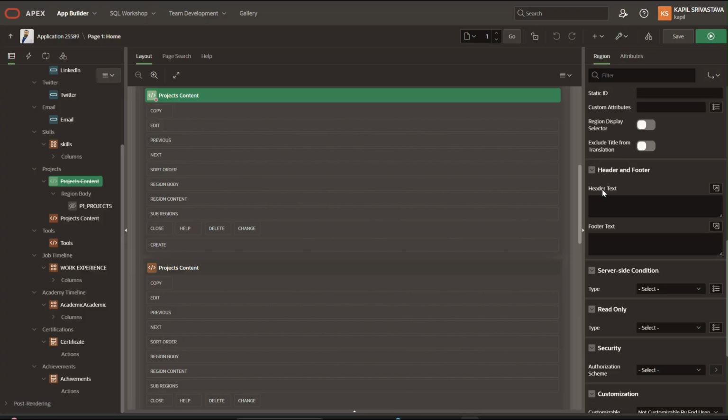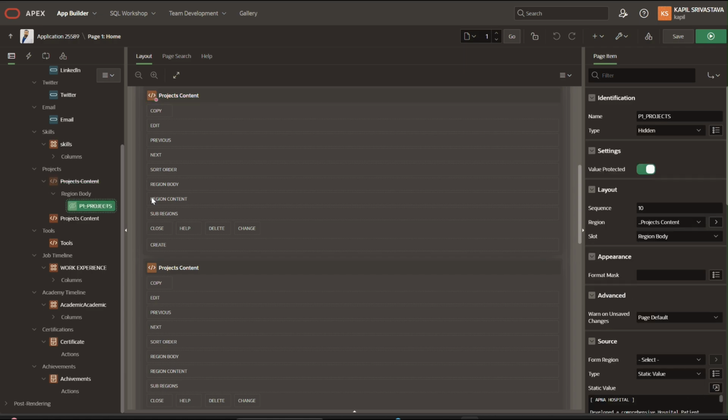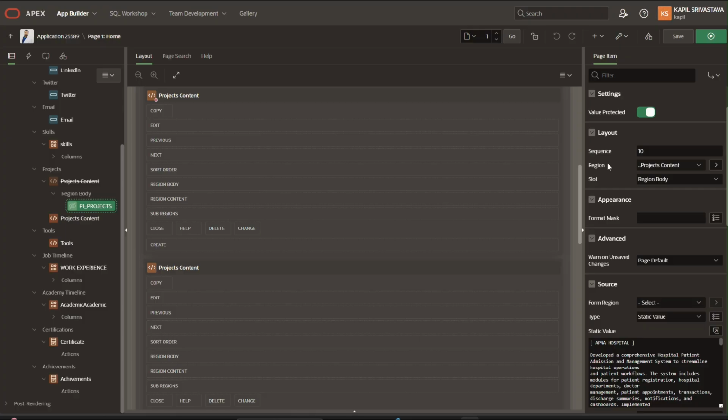So I create a page item, or page items should be hidden. Okay, so layout sections have regions and slot options. My region name is project content. So I selected it, and I have slot options, region body,